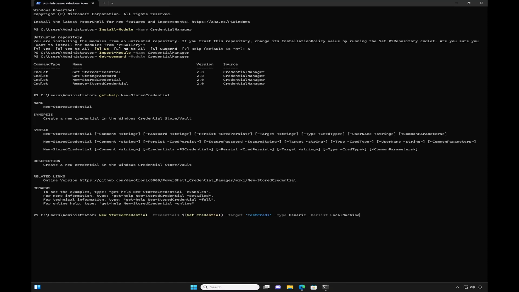So for our test run, we're going to do New-StoredCredential, credentials equals, get credential, target test creds, type generic, persistent local machine, as we want to pass through the next machine. You do not need to set generic, but it does help in finding out and knowing where it is. So let's hit enter, and then we're going to prompt for a username,